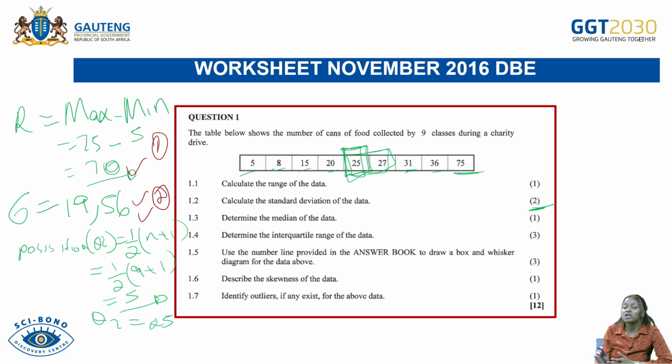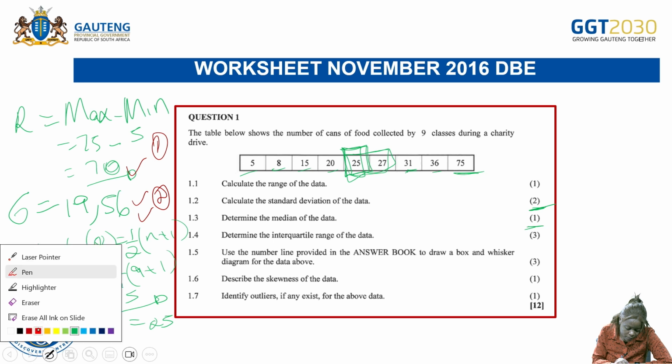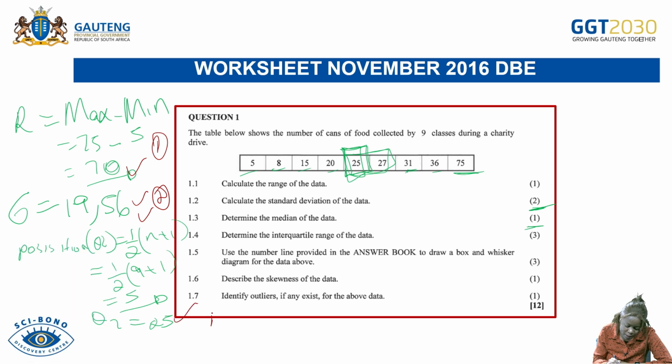So don't forget, you can also use the method of just finding the position, but there are no marks for doing that. You only get a mark for finding the median. So for the median there, you'll get 1 mark. So that is going to be 1 mark. And then you move to